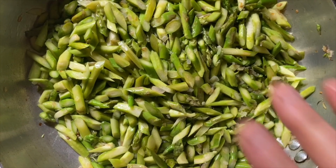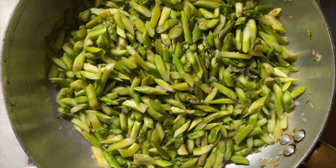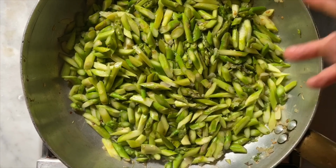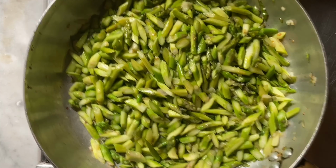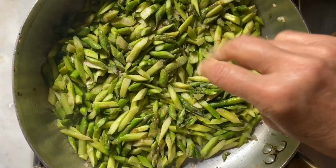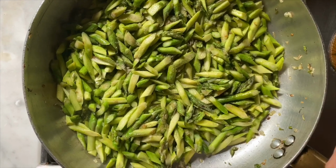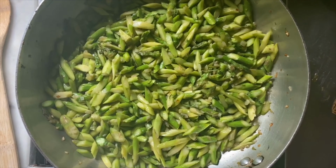Whenever you saute something like these vegetables, you want the heat to be high. If the heat is not very high, what happens is the moisture from the vegetables comes out and then they almost boil rather than sauteing. We're going to add some white pepper, and the reason I'm using white pepper, I don't want to see dark specks in the sauce. Now we're going to set this aside, and we're going to get our pan ready for